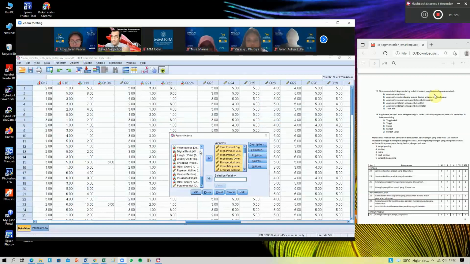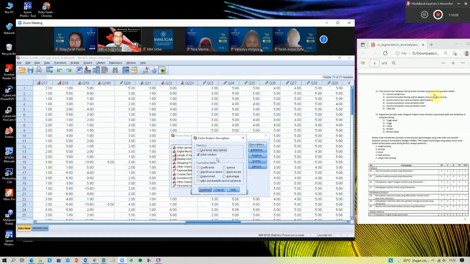I will repeat twice, so don't worry if you miss the first explanation, you still get the second explanation. Okay, start from descriptive. Please deactivate initial solution, you don't need it. Activate KMO and Bartlett test of sphericity.